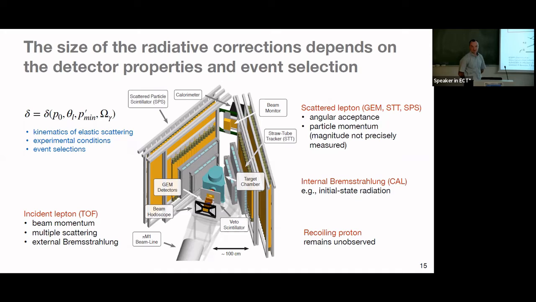And it will depend on what we do with the photons which are otherwise around. Most experiments just integrate over everything there. We have the possibility to select events according to the photon. And the detectors which are now involved in this selection of those parameters are briefly the incident lepton we can measure. I will come back to that in a moment. The scattered particle detectors